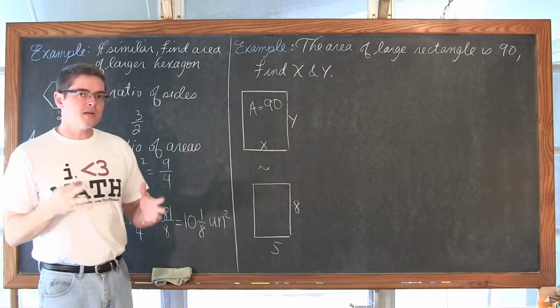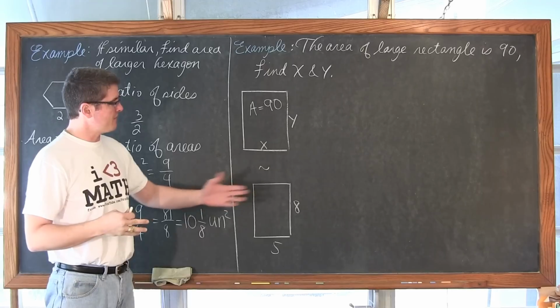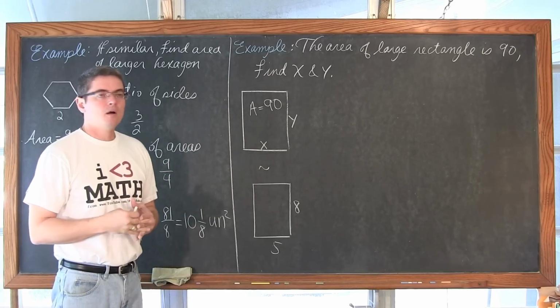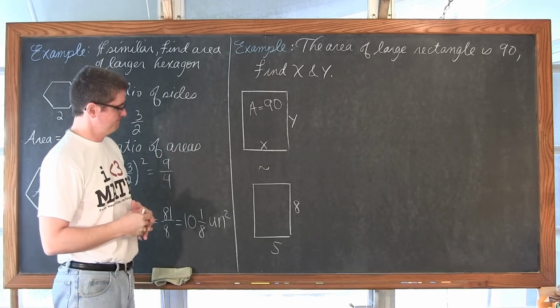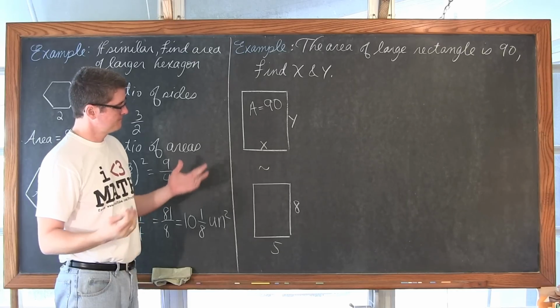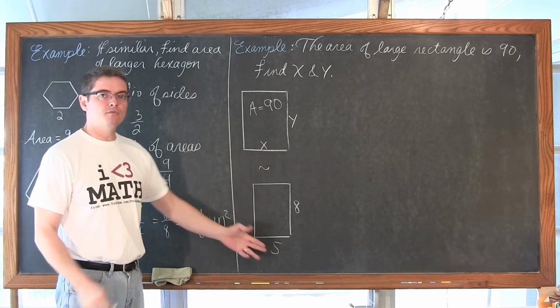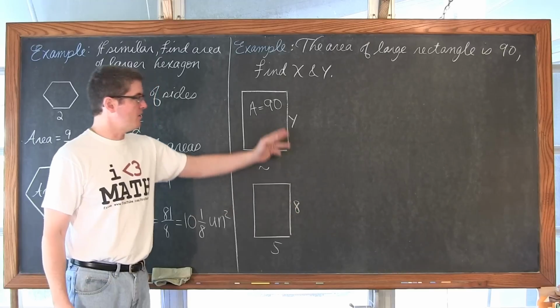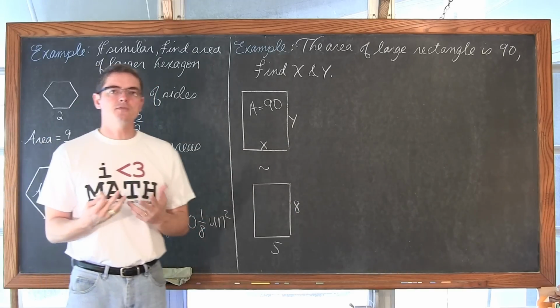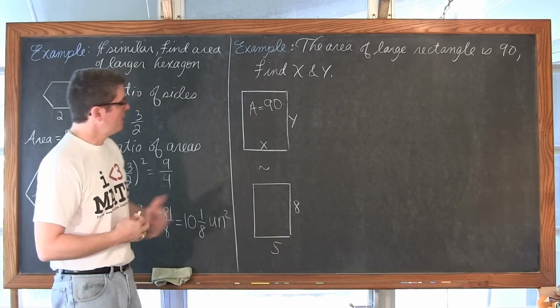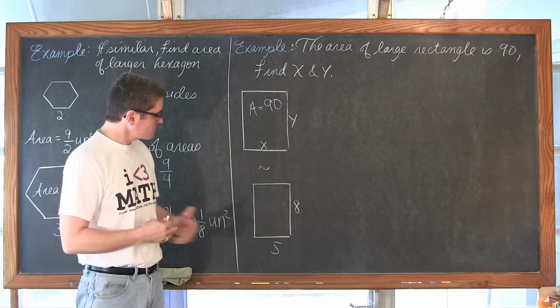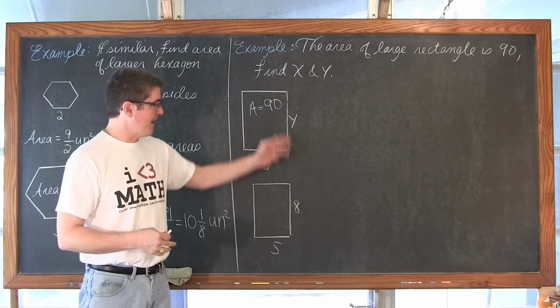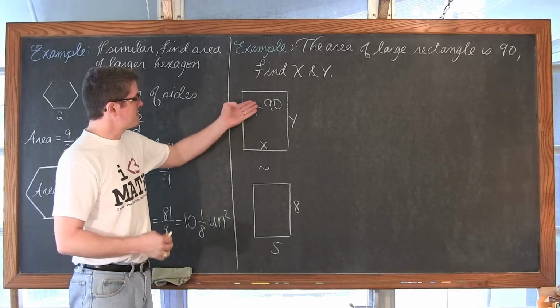And then based on just that, we're going to find out what x and y are. Well, what am I going to do? 5 over x, 8 over y. I need to know what the ratio of change is between these two rectangles. And this 5 matches up with a variable, the 8 matches up with a variable, and this 90 doesn't match